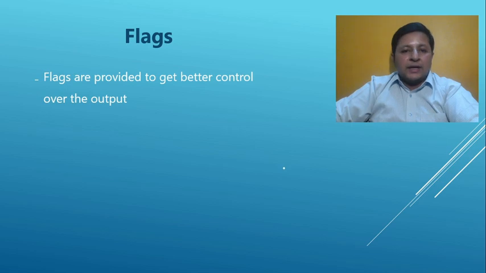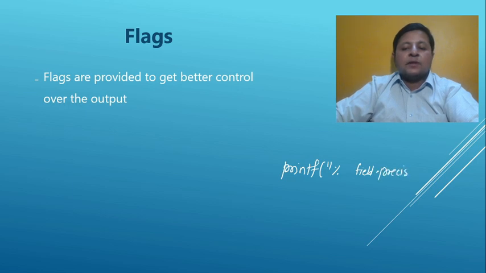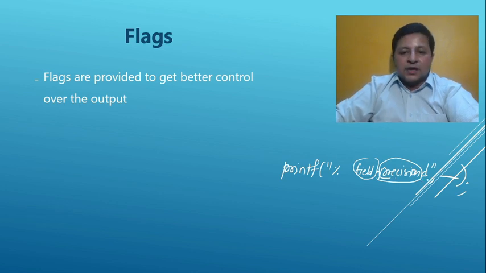Whenever you start with the printf, after the percent sign, you'll have a format specifier, and that is the compulsory thing: percent and a format specifier. Between these, so far we had seen that we'll have a fill width here, we can have a dot and a precision here, and then we'll have a format specifier, let's say d, and then we can have the argument. That's what we had seen. So fill width, dot, precision, and then the format specifier. Now this is the place where we'll have your flags.